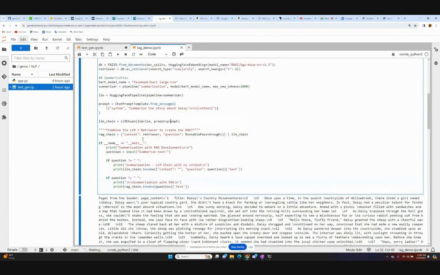RAG, right? When you look at the example here, this is the main function. I'm setting the context to blank, which means this here will be blank for this call. So this is an example without RAG. And then we have another example combining the LLM plus the retriever for RAG development. So here we have the LLM chain, right? And on top of that, we pass in the context, the result from the retriever, and then we pass in